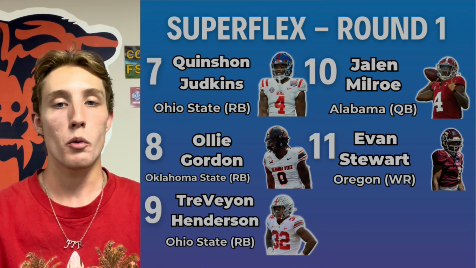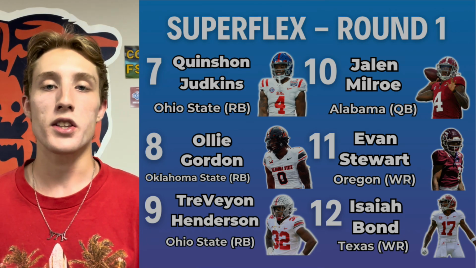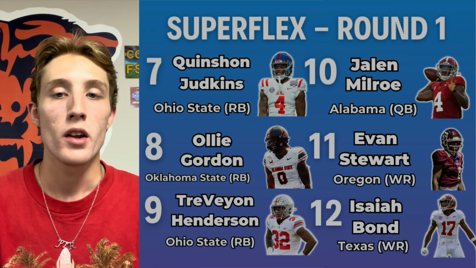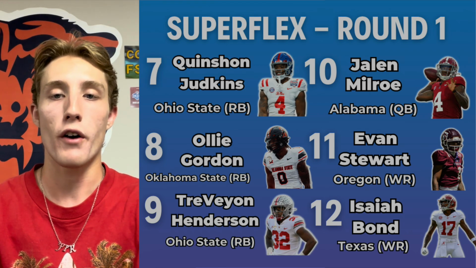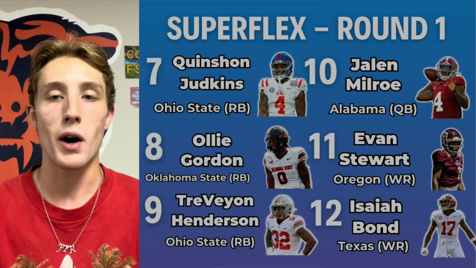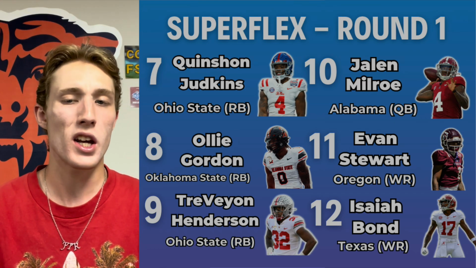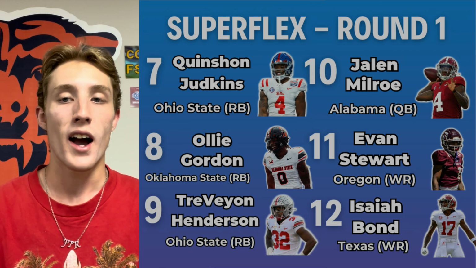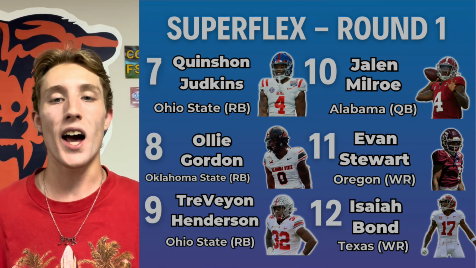Now, to end this round, we are going to have Isaiah Bond, receiver out of Texas. Didn't play at Texas last year, was at Alabama, and didn't have a great freshman season. He's also a smaller receiver at 5'11", 182 pounds, and he's also projected to go behind Stewart. Tankathon has him at pick 34. I think he's a slightly better deep threat than Stewart, in my opinion, but I don't think he's nearly as good on short and intermediate routes,